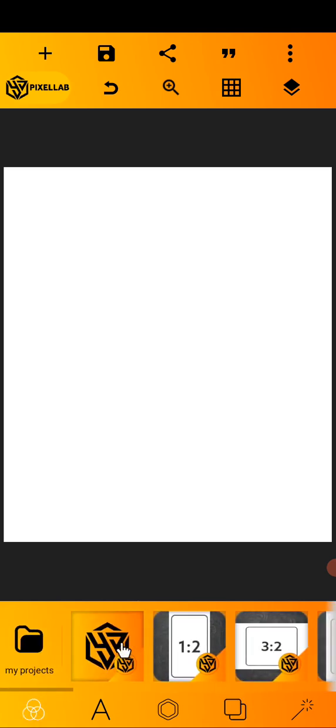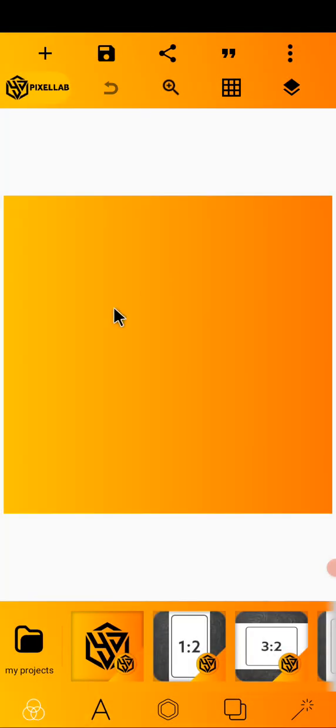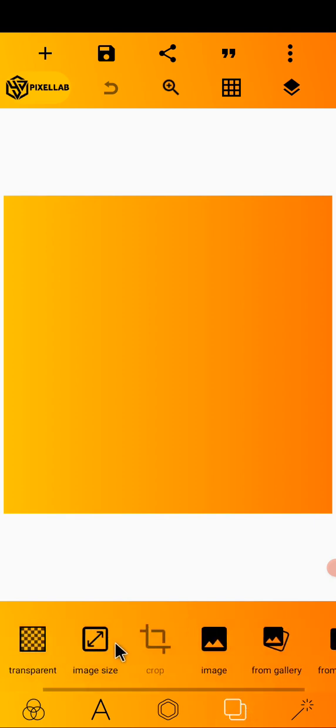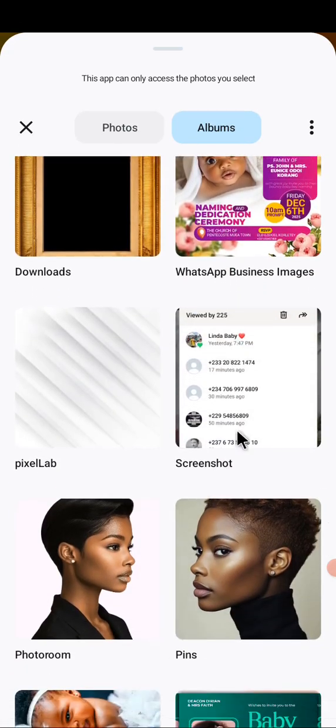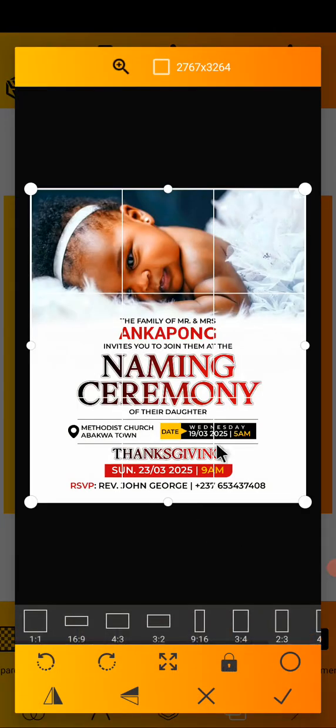Okay, let me go back. Let's say we have a square size like this and we want to create a design of which we don't know the size yet. We want to make sure that we have that particular size inside our Pixellab, but we don't know the size of that particular design. So what you need to do is come to your page setup tool, go to from gallery, you select the design, you add the design as a background. So this is it. You click on your okay. Automatically now this is the size you have